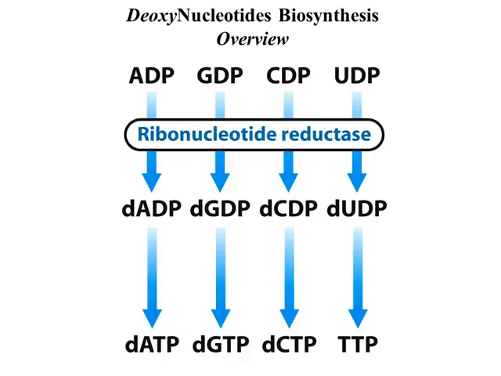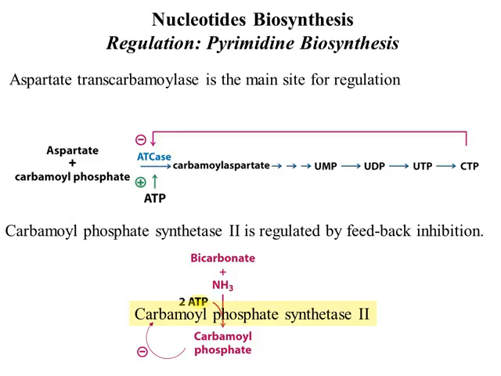And its final product, one of its final products, which is deoxy-ATP, is an inhibitor, while ATP, which is the oxy version of this,